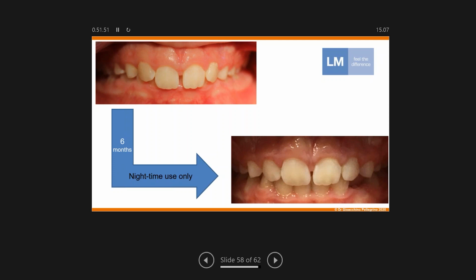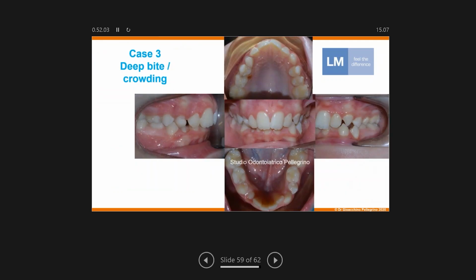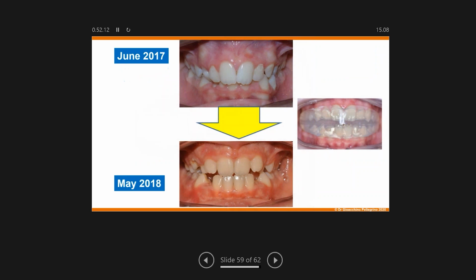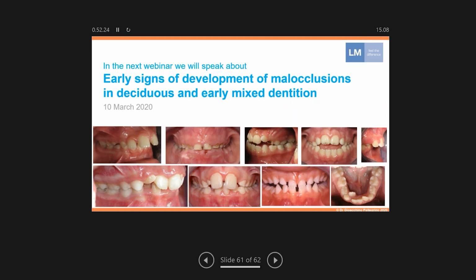because we use the power of the eruption of the teeth to change completely the relationship between the teeth inside the single arch and between the arches. Or cases like this one, in which we can obtain that the occlusion that is developing can change the morphology of the relationship, working again only during the night with LM activators in a reasonable time. And so